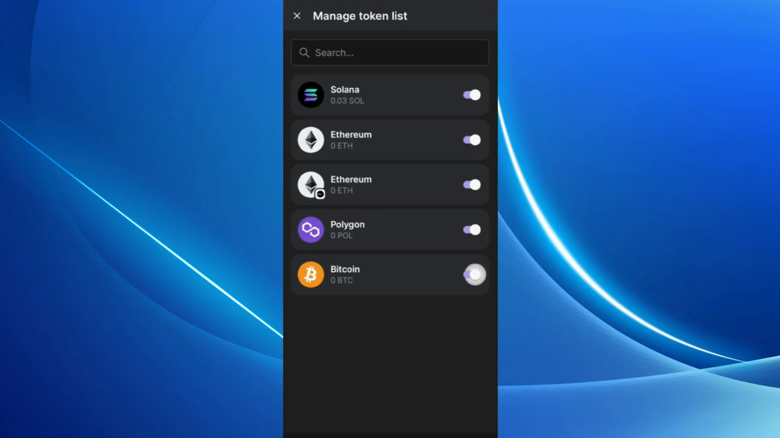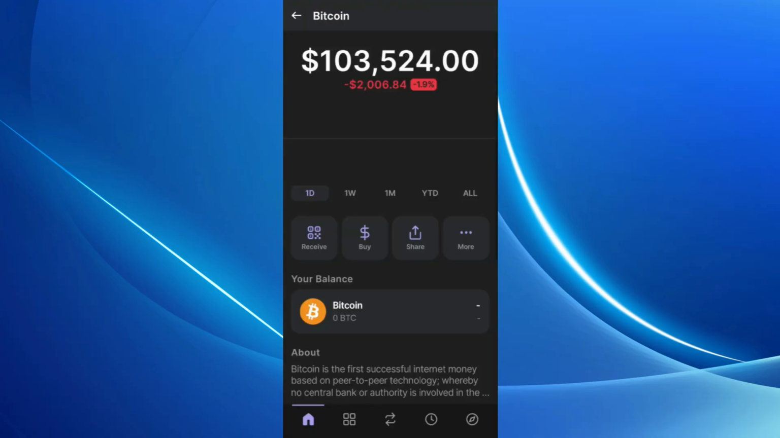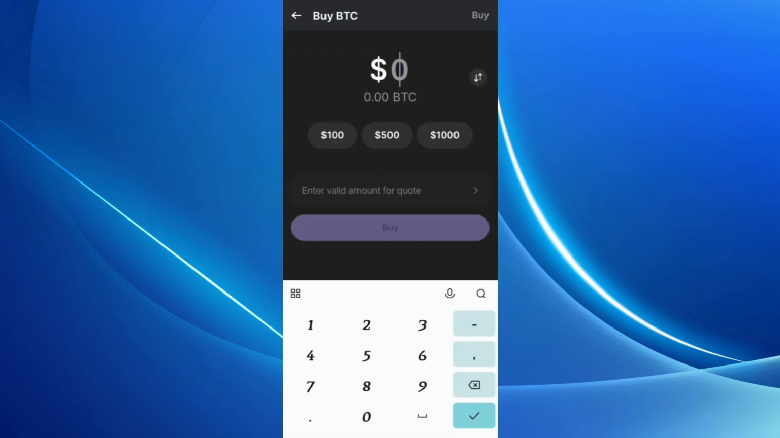So here, if it is disabled in your account, you need to tap on this toggle in order to enable it. After that, you need to tap on Bitcoin, and then on this page, it will show you the current chart of BTC and its current price and today's fluctuation. So here you will have to tap on the buy option, and then it will redirect you to this page